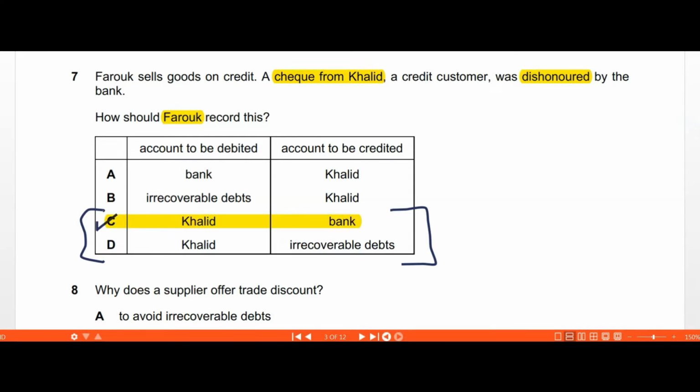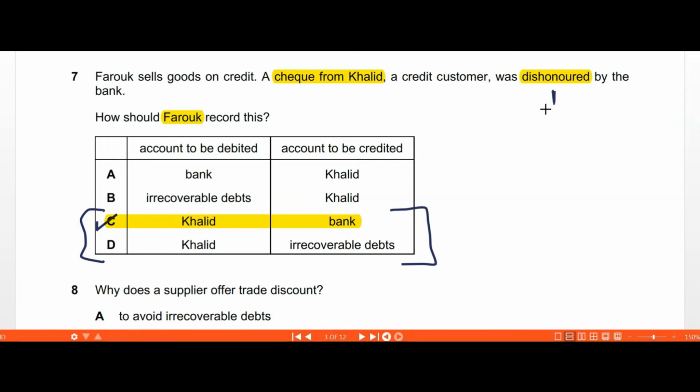Why? Because this is just a dishonored check. There is no mention of this debt going bad, so we will not record it as irrecoverable debt unless and until that is proven. So this check might be dishonored due to any genuine reason. So the simple entry to record this will be that Khalid account is debited and the bank account will be